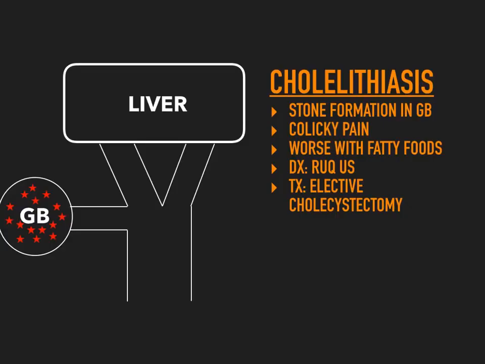So again, if I were to rapidly summarize cholelithiasis, I would say that it's stones that are formed in the gallbladder as a result of either cholesterol supersaturation or hemolysis, forming one of two different types of stones. The patient classically has right upper quadrant colicky pain. They usually don't have a fever or any other systemic signs. You diagnose it with a right upper quadrant ultrasound because it's cheap and non-invasive, and you do an elective cholecystectomy